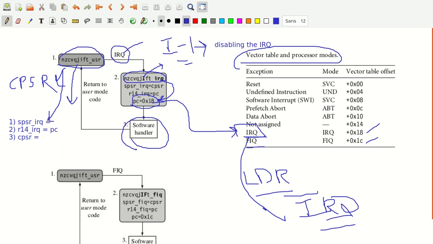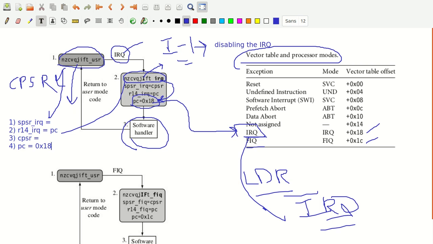In the fourth step, finally, the PC will be 0x18. This is what happens.